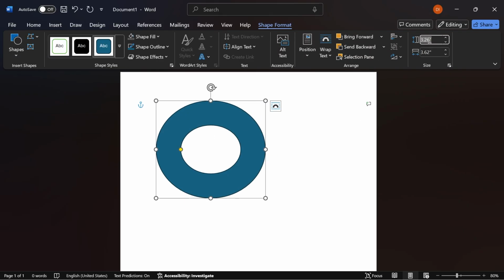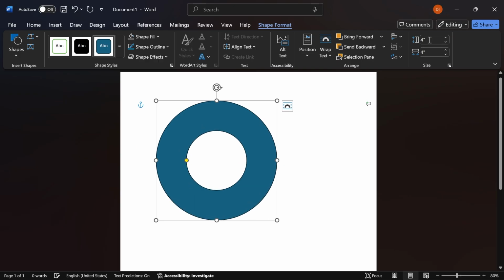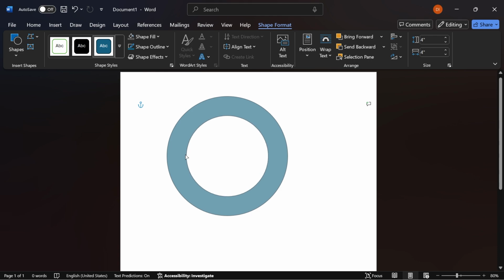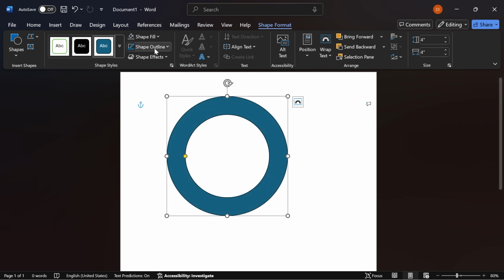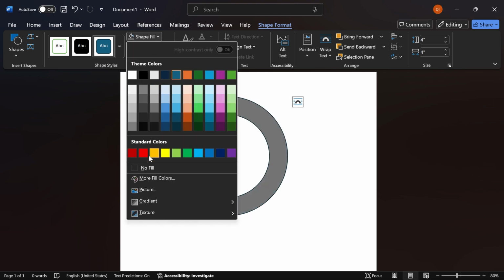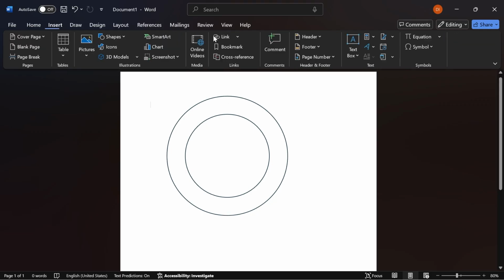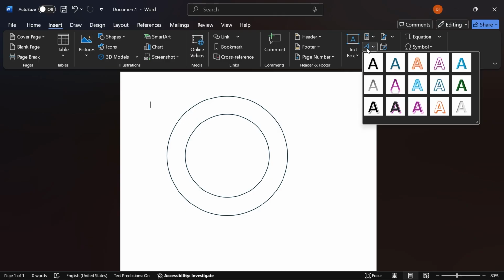Head over to Format Shape. I'm going to choose 4 inches right now and you can definitely adjust this later on. But a good rule of thumb is that the bigger it is at the moment, the better the quality is going to be. So I'm going to go ahead and make some adjustment here, just like so, and then choose No Fill. And yep, now that that is done, let's click Insert once again,